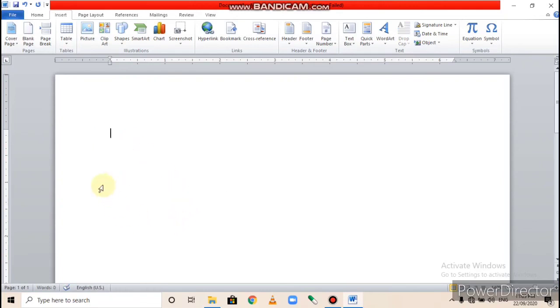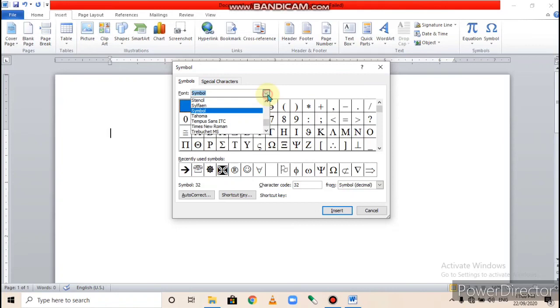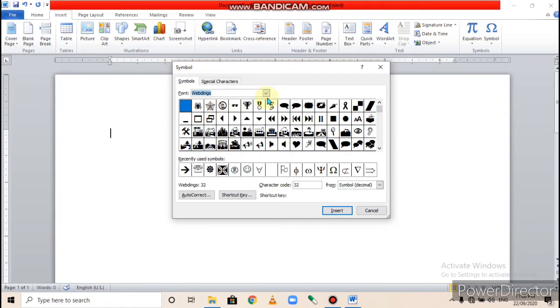I repeat once again. To insert a symbol, first of all, place the cursor where you want to insert the symbol, then click on the insert tab, click on the symbol drop down list under the symbol group, click on the more symbol option and in the font dialog box, font drop down list, choose Symbol, or you can choose Wingdings, Wingdings 2, 3.